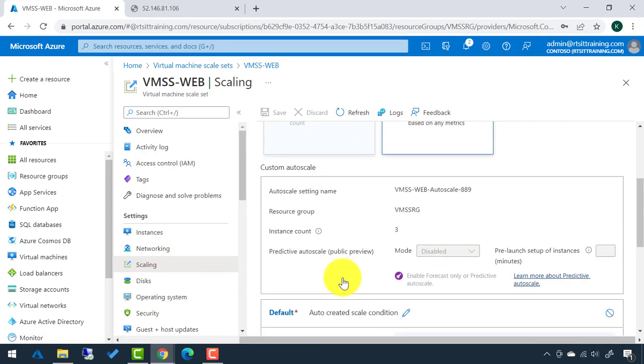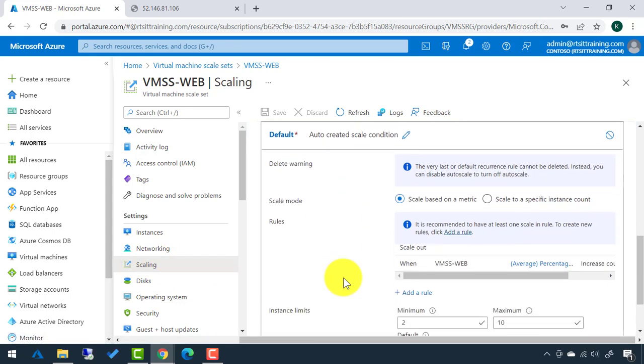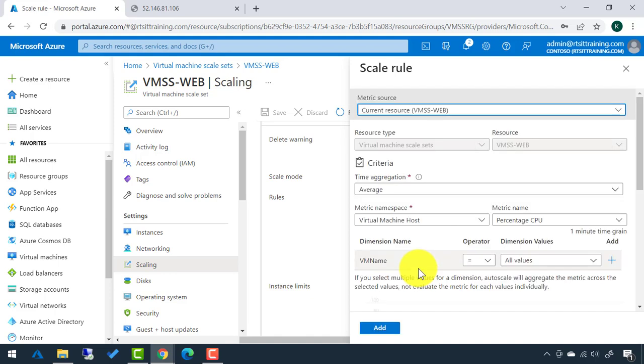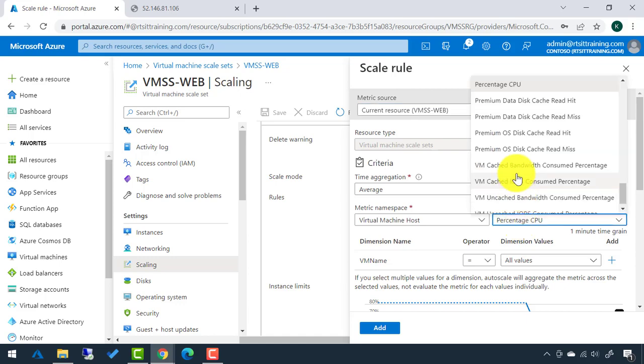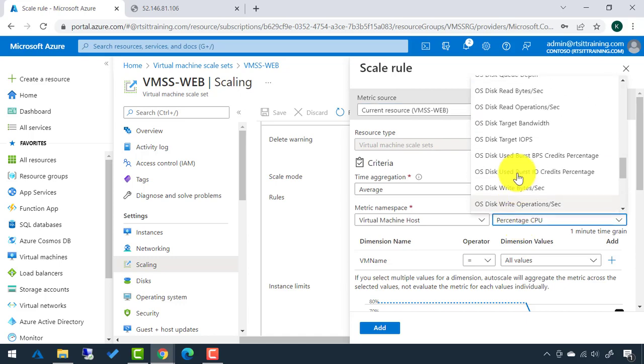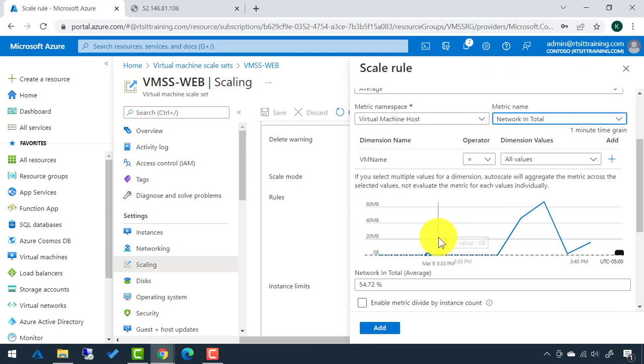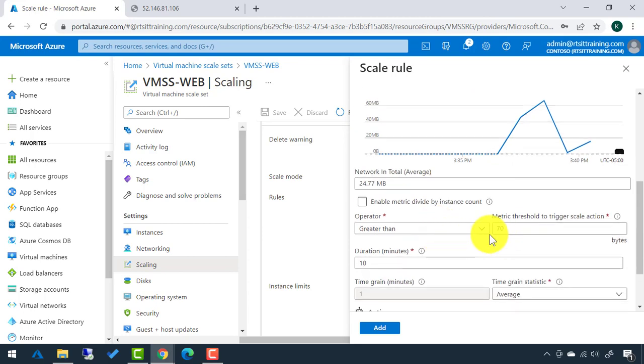So back on scaling, I'm going to go back down to this rules. So that's where we had that average, the percentage CPU was greater than 75%. I'm going to click add rule, and I'm going to add another rule. Now this is not a rule that you would define in your environment, or at least not with these values. But instead of percentage CPU, I'm going to go to network in total. I'm going to scroll down, and I'm going to say if this is greater than 1